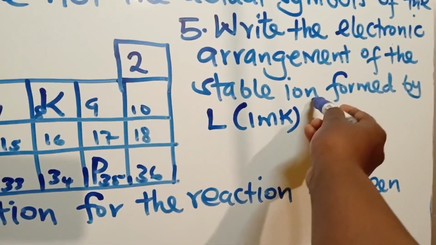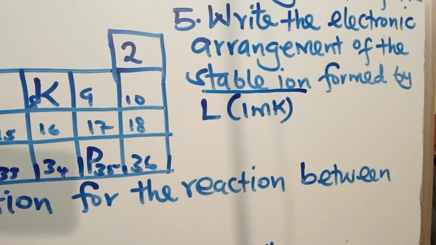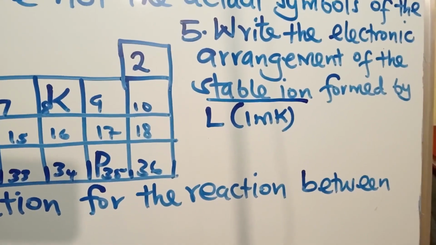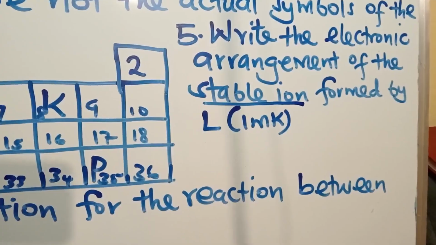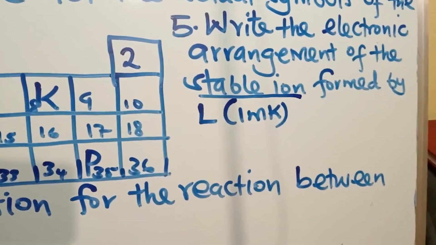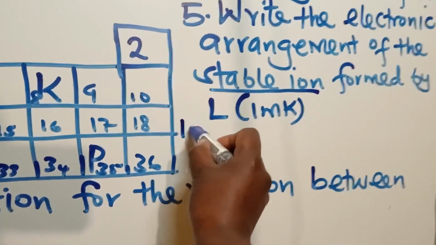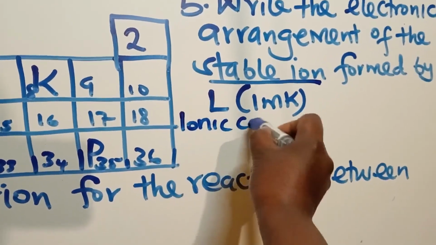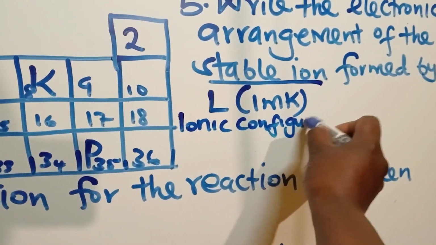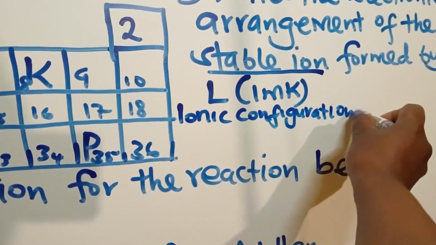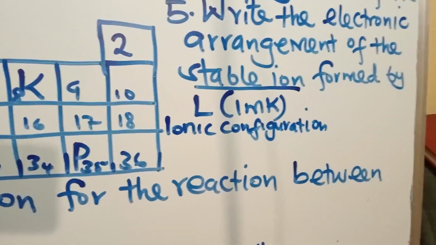The stable ion, that is where the key thing is that should guide you in the question. So in actual sense, you are being required to write the ionic configuration. That is the configuration of the ion that will be formed